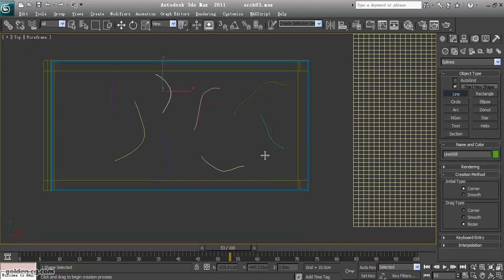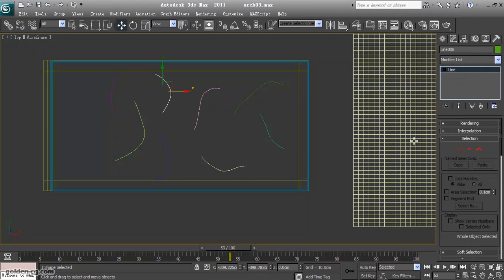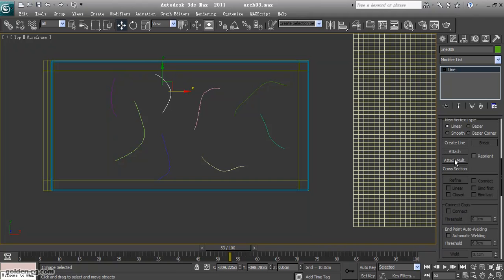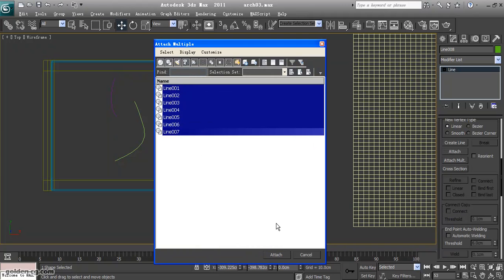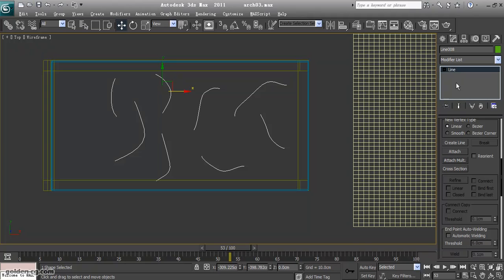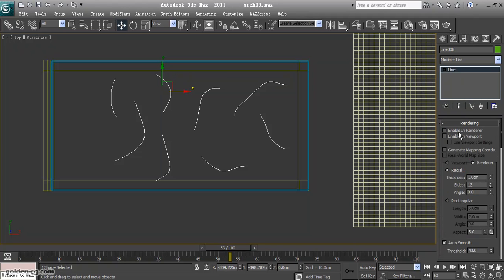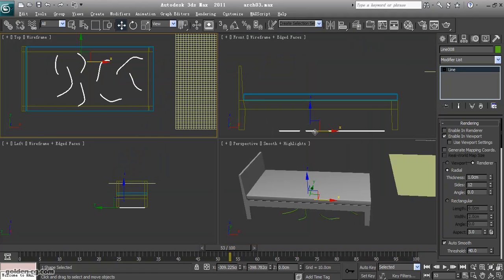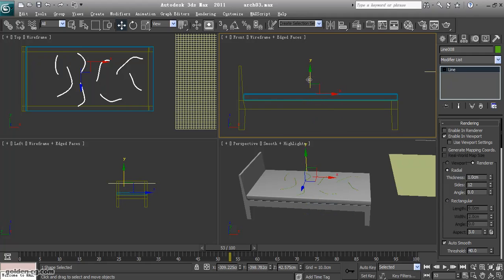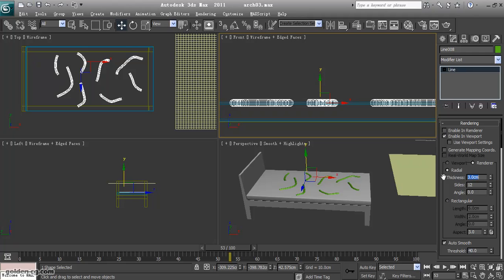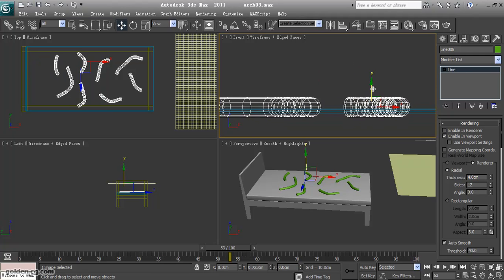Okay, I just attach all of them. Attach, multiple attach, and go to the rendering and enable in the viewport. Put them on the bed. I make the size bigger, maybe 3 or maybe 4. Okay,